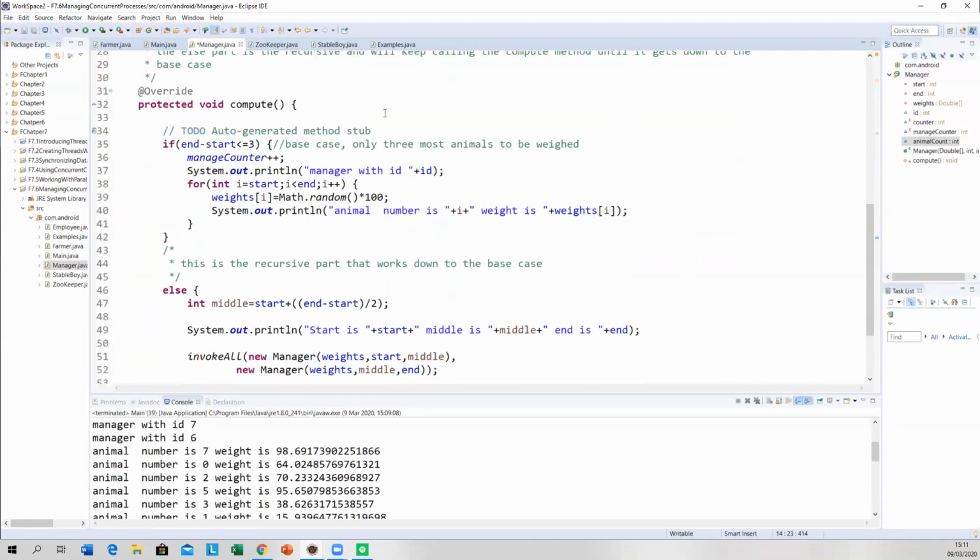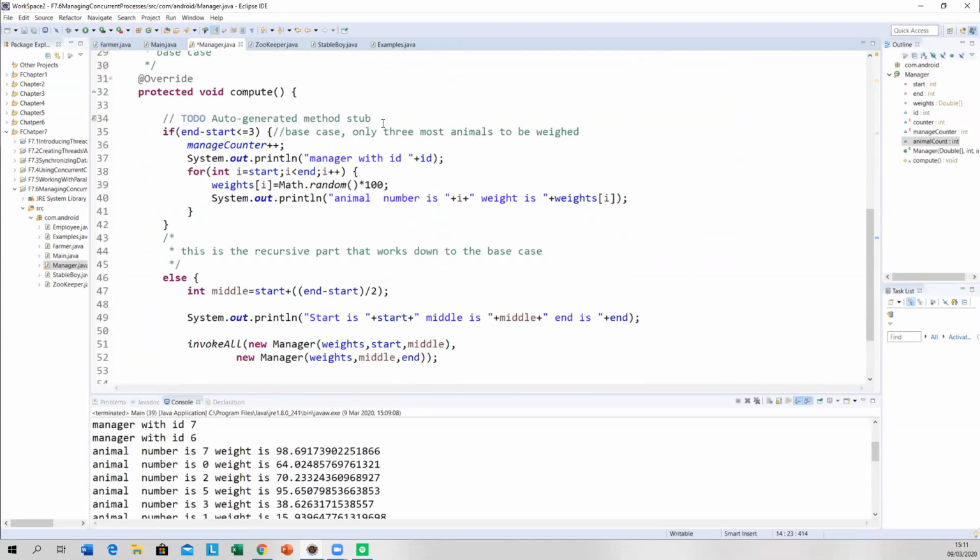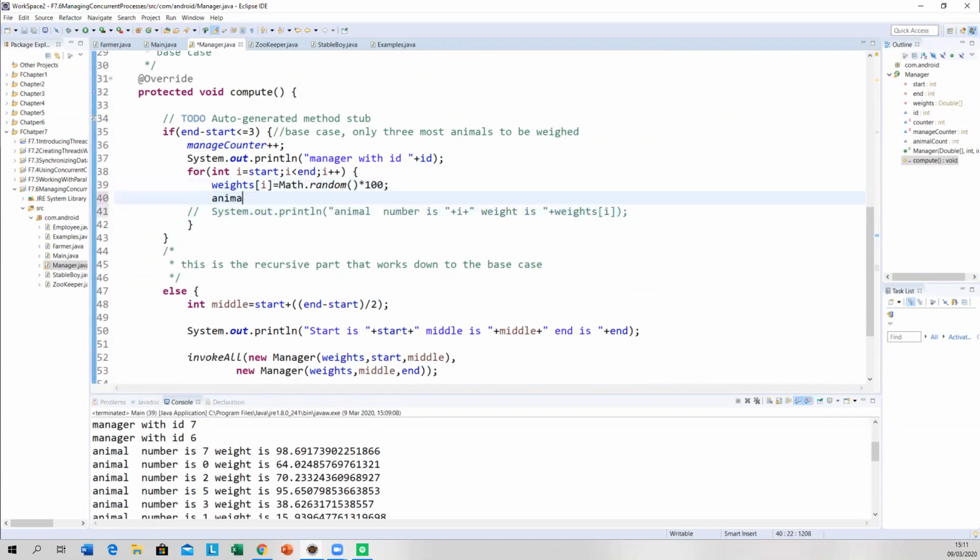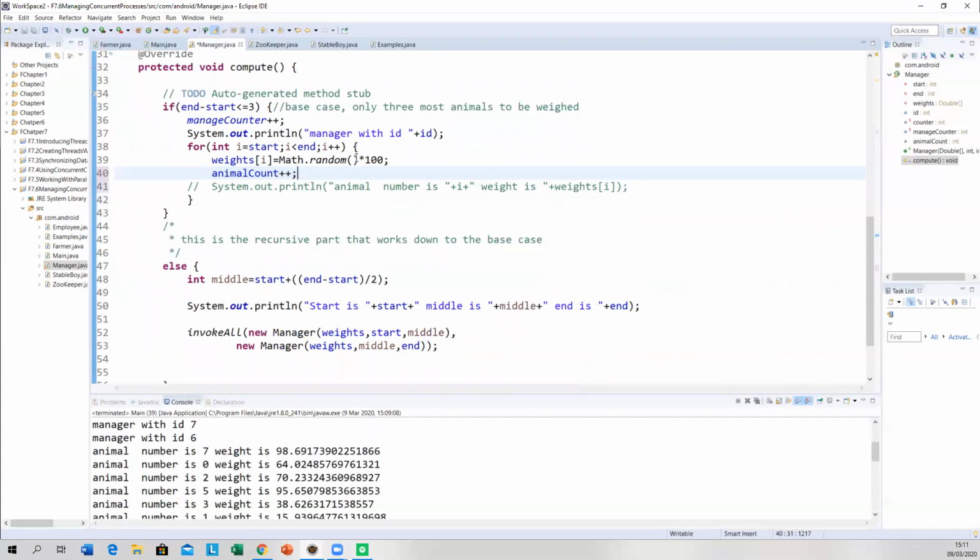So each manager has its own animal count. So I can say inside here, animal count plus plus. All right. And at the end of that, bear with me here, Alice.